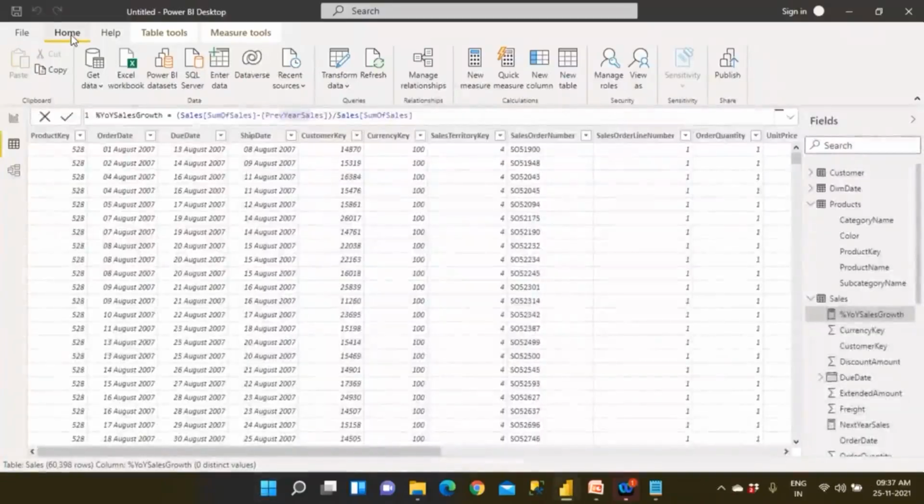If I go here, you should be able to see new measure, new column, new table. What is a quick measure? Quick measure means you're not going to be writing a formula. Power BI is going to be writing its own formula. So, as a technical person, you should know what function I should use. But Microsoft is saying why you have to remember, you also take help from Microsoft. When you create a quick measure,